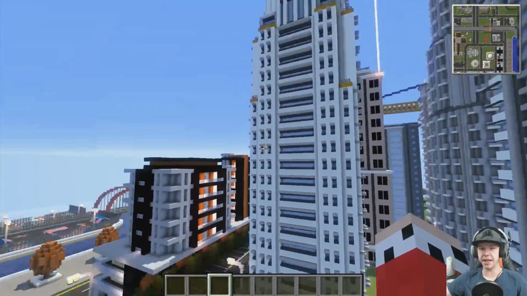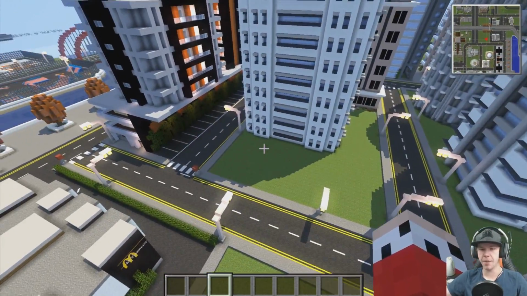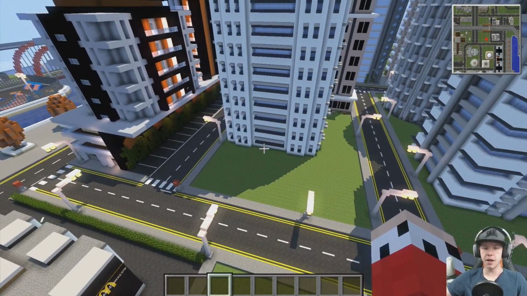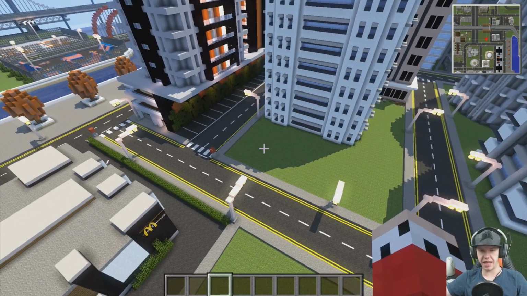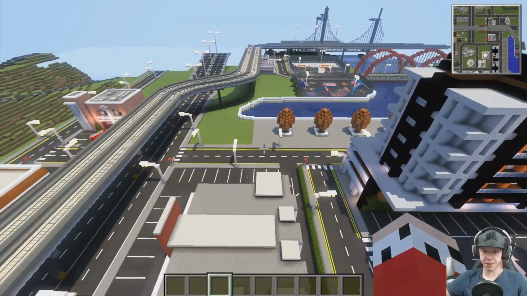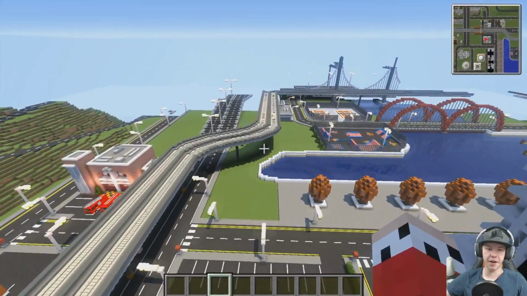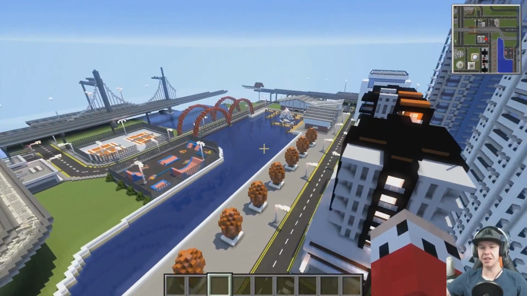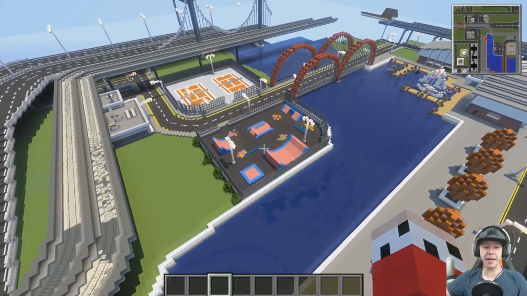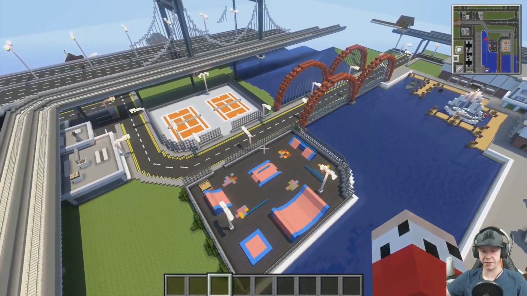We can get something in here. I don't think I can fit a skyscraper in there, but we could certainly fit some sort of longer building that's a little bit shorter in there. Some ideas might need to be thrown about for that. I just like flying around and coming across things that I haven't been to for a little while, like the skate park over here. This was a really fun one to make. It was tricky to make. It was very, very difficult to make,